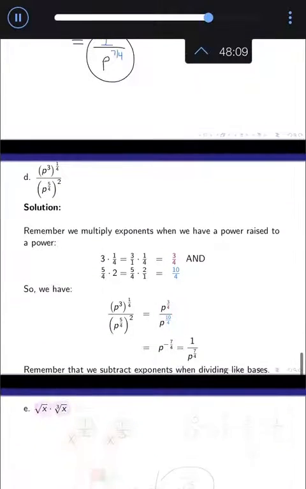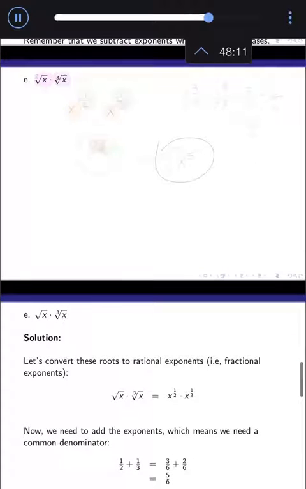In problem E, we have a completely different issue. We've got a square root times a cube root. Those are two completely different things. So the question is, can I turn them into the same type of thing? Well, I can if I turn them both into fractional exponents. So the question is, what is the square root going to turn into? Well, the square root, because there's a hidden 2, will turn into an x to the 1/2